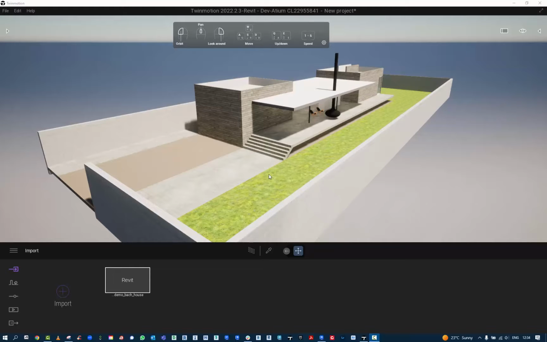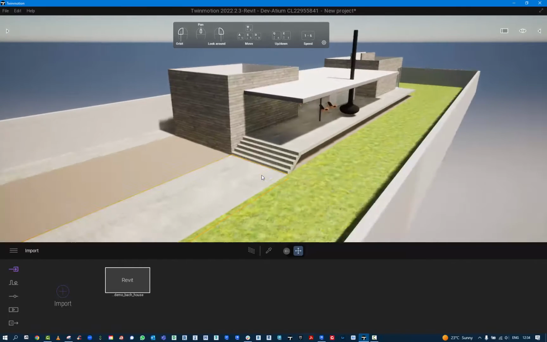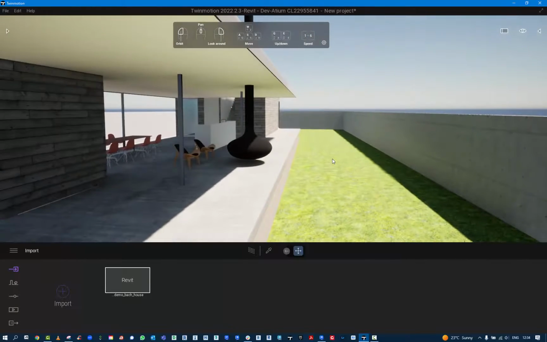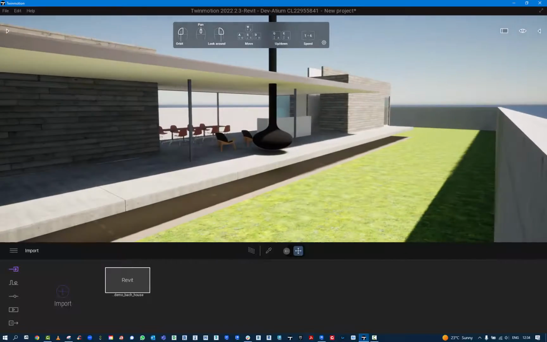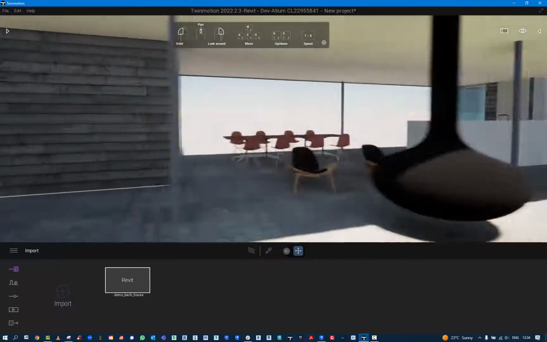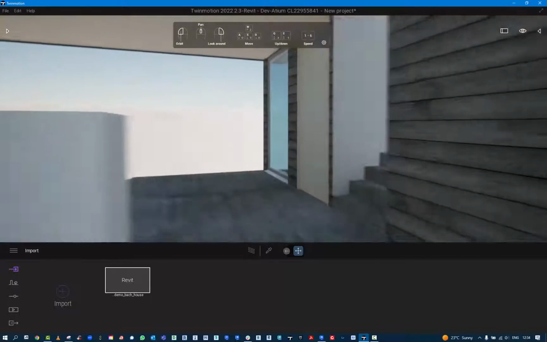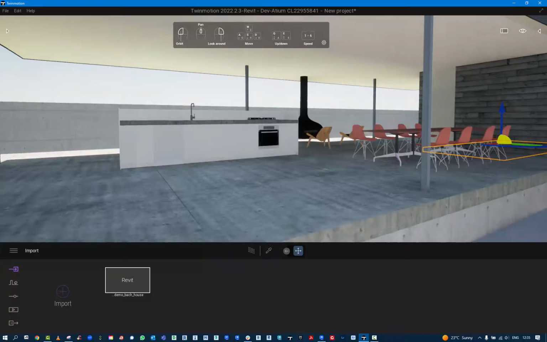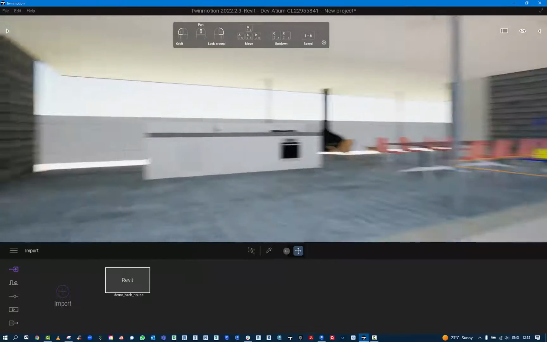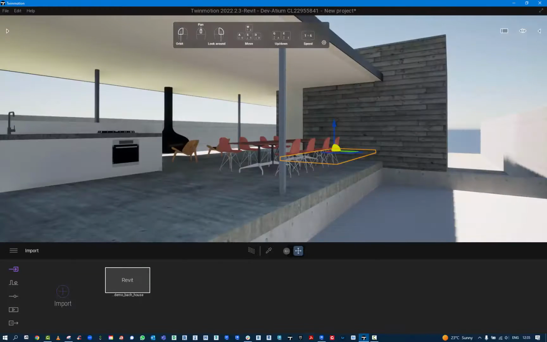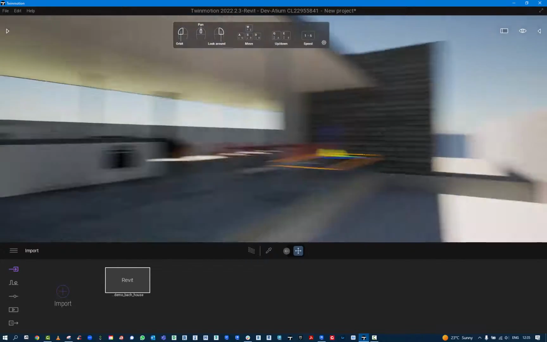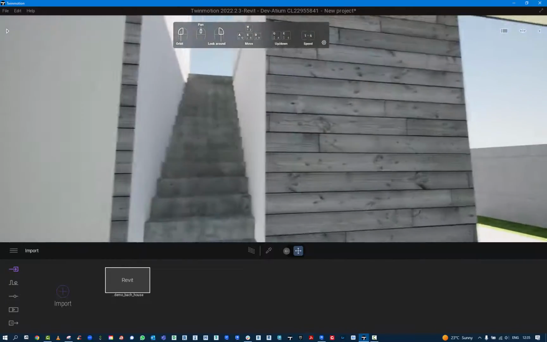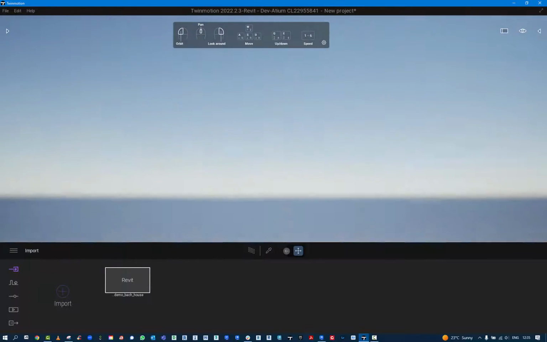So we're going to go through the exploration of the model, add some materials and some lighting, and possibly produce an animation or some stills of the model. So as you can see, it's very simple. It's an open space in the center. I haven't designed any sliders here for it yet to close it off, but it's an open outdoor planned living space with a garage at one end and some bedrooms and a bathroom at the other end. And then as you go upstairs here, you have the